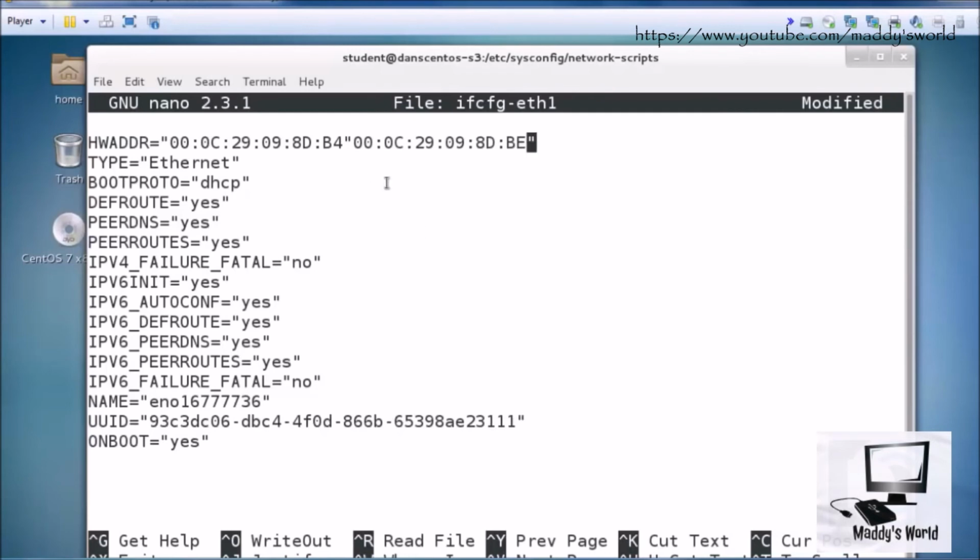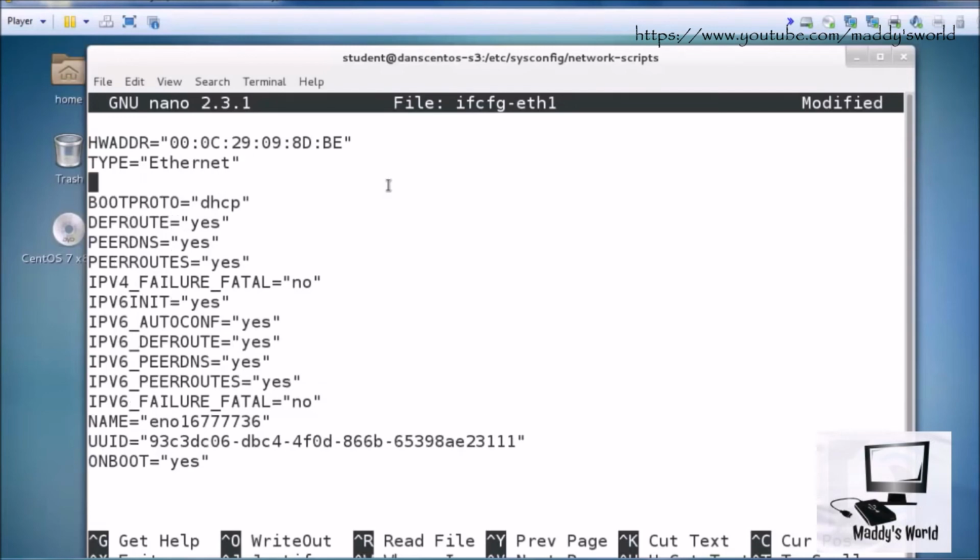You can paste right from there, and if you want to keep that hardware address in there, it should match the actual network interface. Or you can just get rid of that line altogether. I'm going to leave it, and I'll just make sure that the hardware address matches right now. I'm also going to add some extra lines here. So right here, I'll hit enter, and I'm going to put in